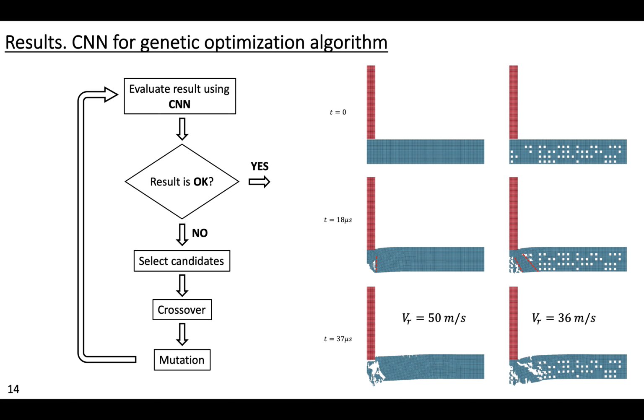The accuracy and efficiency of our neural networks was sufficient to build some optimized perforation patterns. And this particular perforation pattern manages to reduce the residual velocity of the projectile by 28%, from 50 meters per second down to 36 meters per second. This is done by